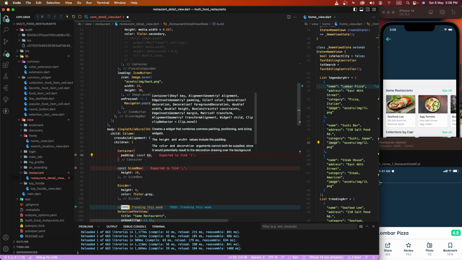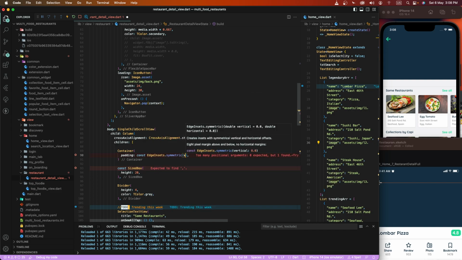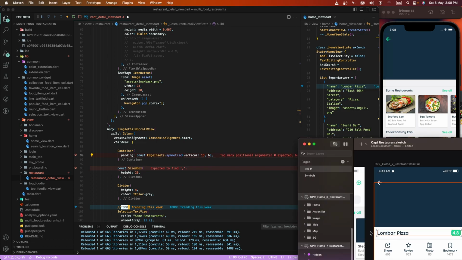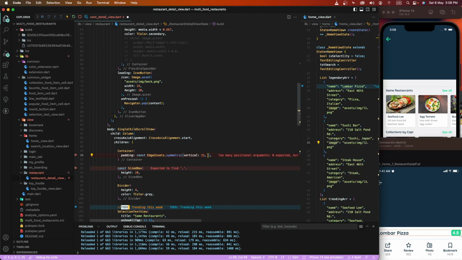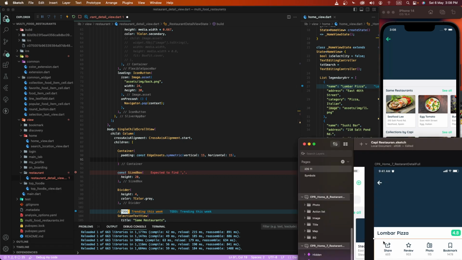Set which is insert metric, and we'll give horizontally 15s, vertically give some 8, 15, and we need to create here and give the color, otherwise we need to go